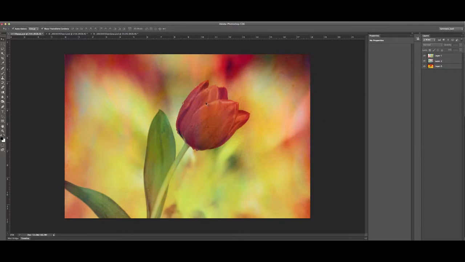But I have the effects of the texture covering the entire image, which you may or may not want to happen. So I think I'm going to mask out the flower and the leaves, mask the texture off of that. So what I do is